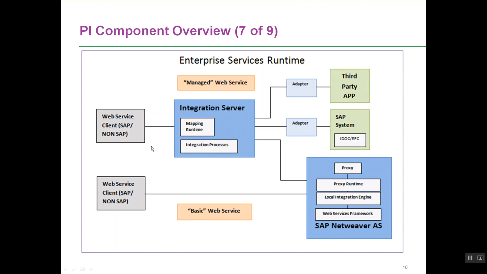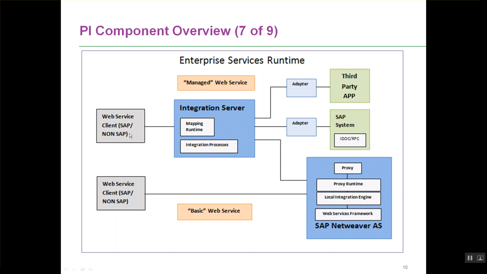Now, typically what you would do is you would not want to expose everything in ECC directly to a third-party system. Why? Remember the spaghetti model that we had talked upon? If you start opening up point-to-point connections, your entire integration landscape is going to become a mess, and which is why the PI comes into picture, or the enterprise service runtime comes into picture. And what you do here is, you expose the web service that is there in ECC through PI, and that becomes a managed web service.